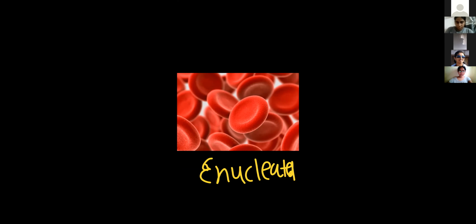Next, generally all mammals, I told you, there are two exceptions. One is the camel, and the second one, just now I don't recall the name. But the first one is the camel. Two mammals are there in which nucleated RBCs are there. Rest all have enucleated RBCs. In general, remember, in RBCs the nucleus is absent.